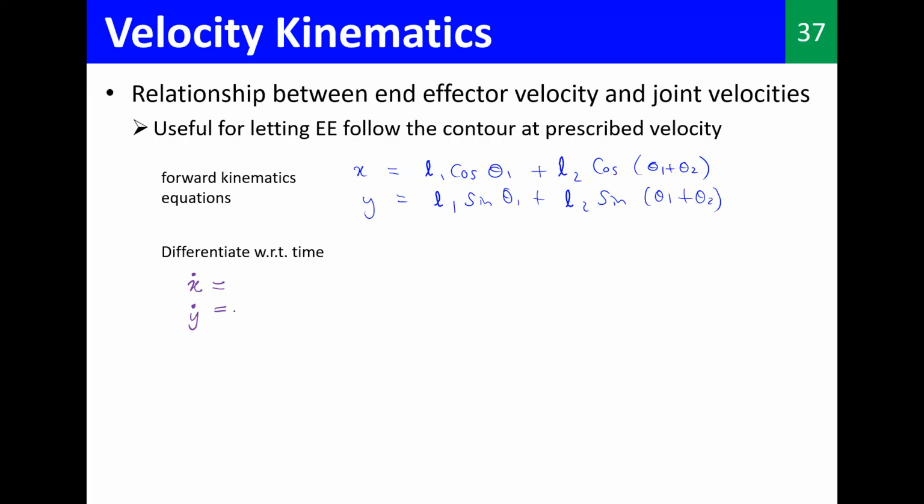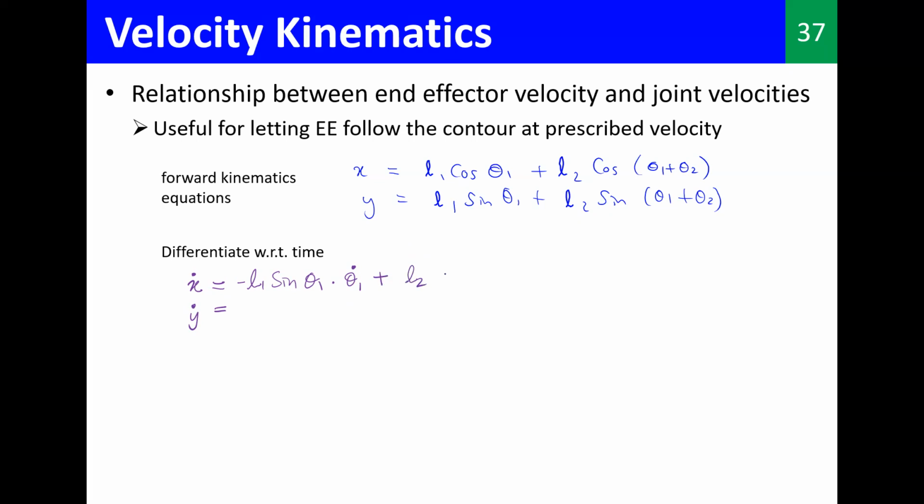So if I start writing the first one, we have L1 cos theta 1. If we differentiate it with respect to theta 1, we get minus sine theta 1. But what we actually need is with respect to time, right? Therefore, this should be multiplied by theta 1 dot. Very easy mistake to make, right? That is our first term, and then the next term again